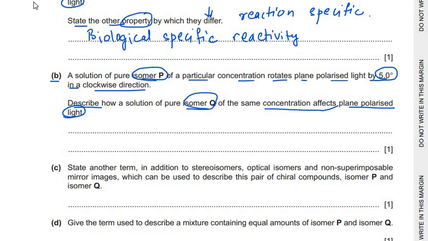Now we know that they are optically active but non-superimposable. So it will have the same effect, but only the direction is different. Here, if it is written clockwise, the activity of isomer Q will be anti-clockwise. So that's how we can write that it will rotate